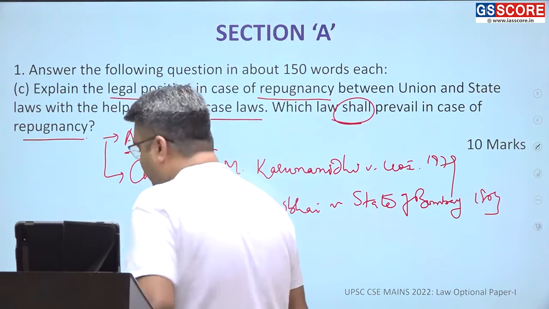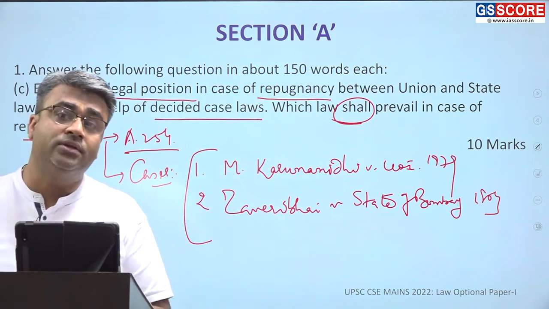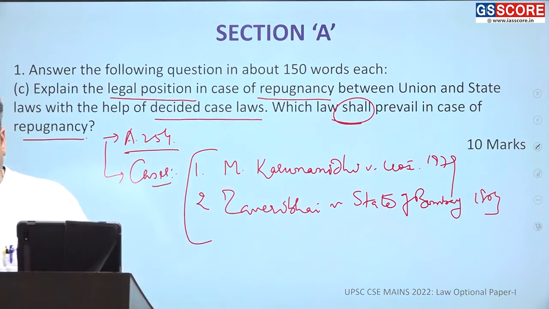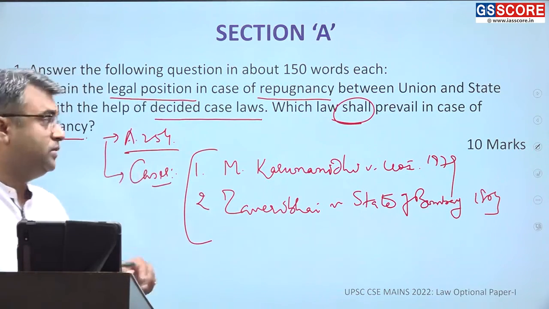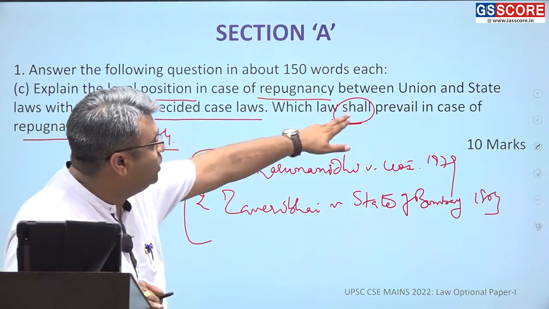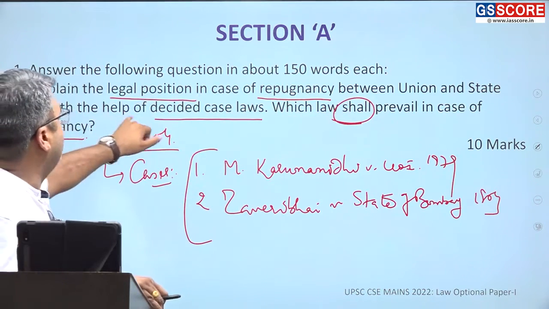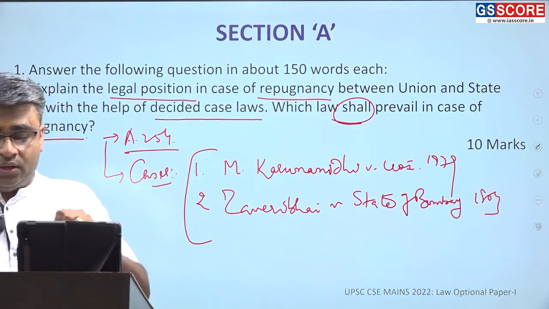So in this case, by mentioning the M. Karunanidhi case, because the M. Karunanidhi case is one of the landmark cases in this direction. So first of all, what is this doctrine of repugnancy? First, try to explain this. Because the question is: explain the legal position in case of repugnancy between the union and the state laws with the help of the decided case laws, and which law shall prevail? For that purpose,